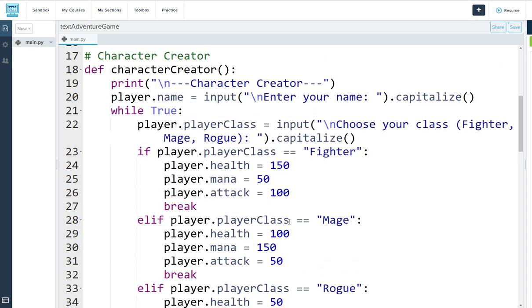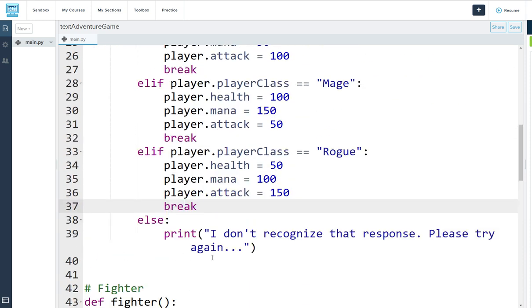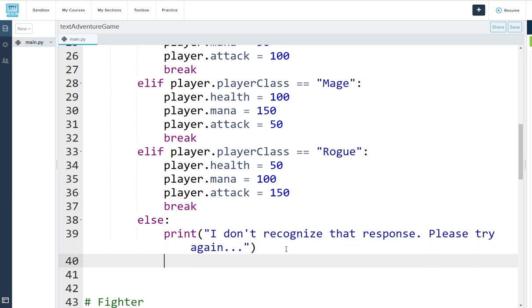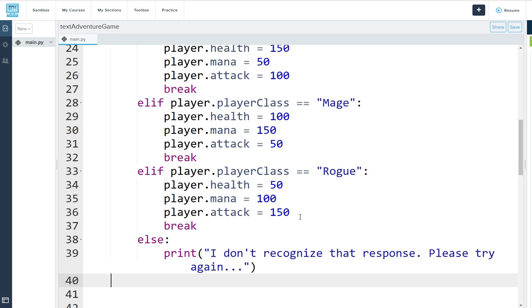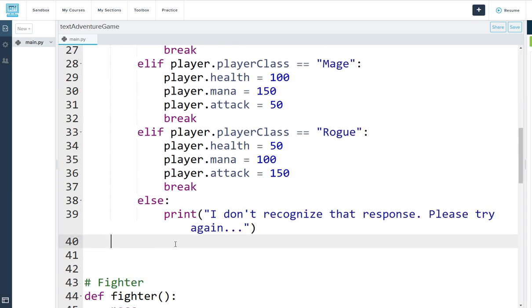Now, the other thing we want to do is ask them a question down here once they've chosen their player's class. Well, we want to print their character, so let's do that. Now, we don't want this inside the else, and we don't want this inside of the while loop either. So I'm going to hit backspace twice, so we delete two indents, and we're on the same hierarchical level as the while loop. Let's print our character